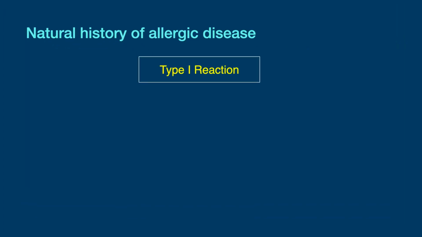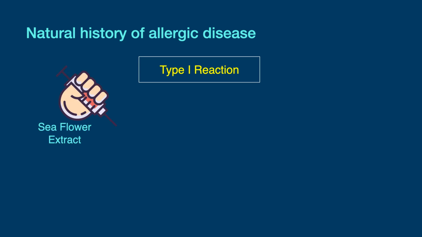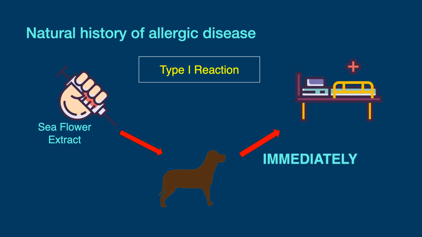Let's first start with a brief history of allergic diseases and how they got their names. It began when two French scientists observed that an extract of a sea flower could be safely injected into dogs on a first occasion, but induced a severe and fatal reaction when injected several weeks later. This adverse reaction took the form of cardiovascular and respiratory collapse and was given the term anaphylaxis. It is now known to be mediated by IgE, mast cells and their mediators, and is a typical type 1